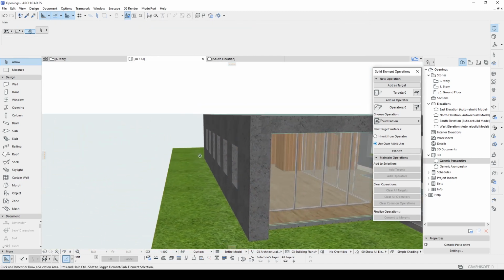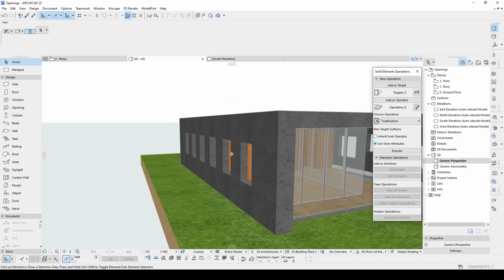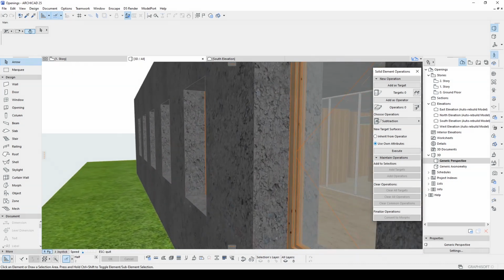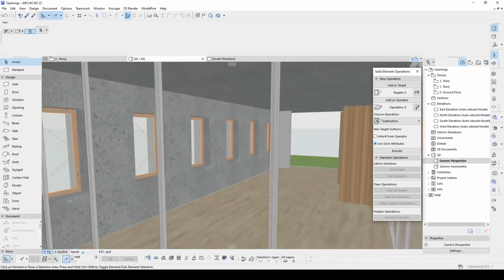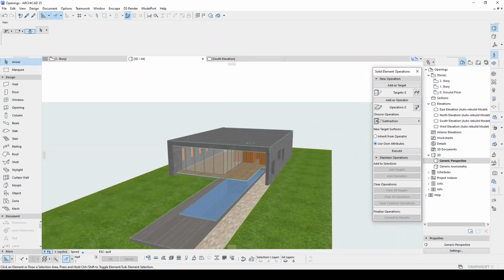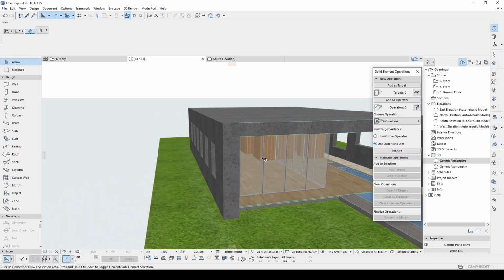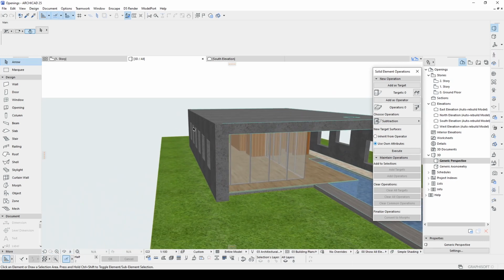Now, as you can see, we have both depth outside and depth inside. And also we have increased the thickness of the wall.